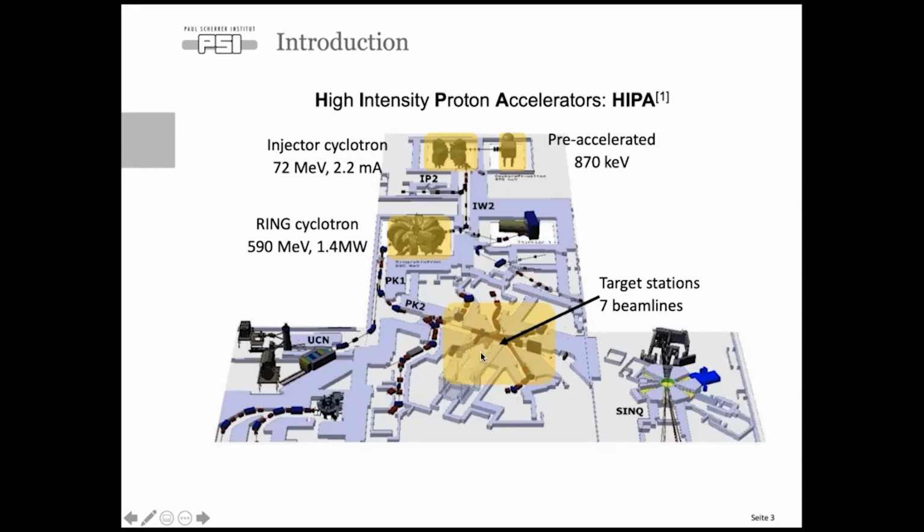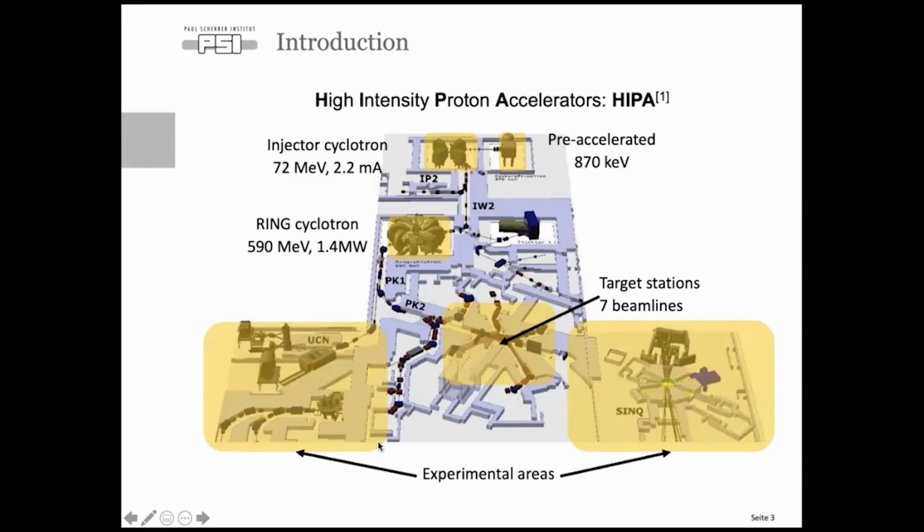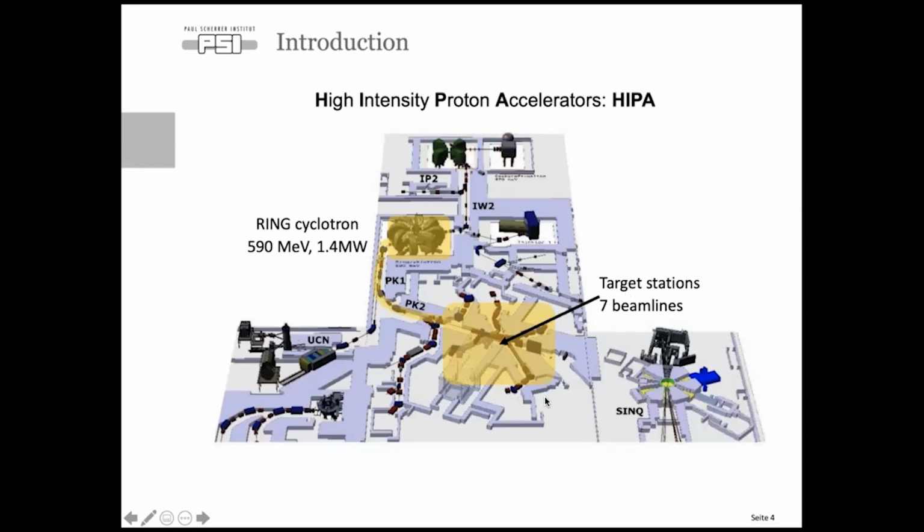For example, here you can see some experimental areas, doing some Gaussian experiments. And here is another single beam line. And also there are some other targets made by different materials for experiments. And in the work I'm going to show you today, we only focus on this core region of the whole